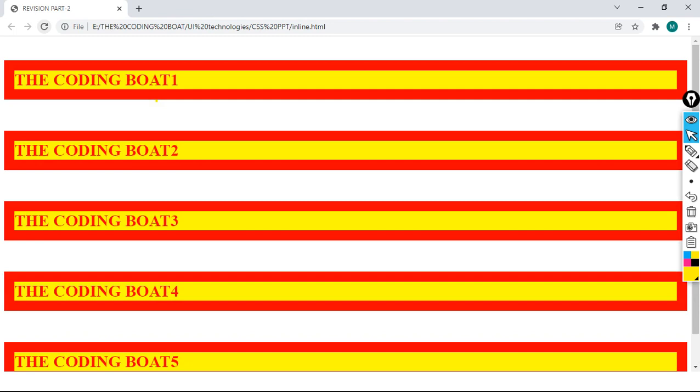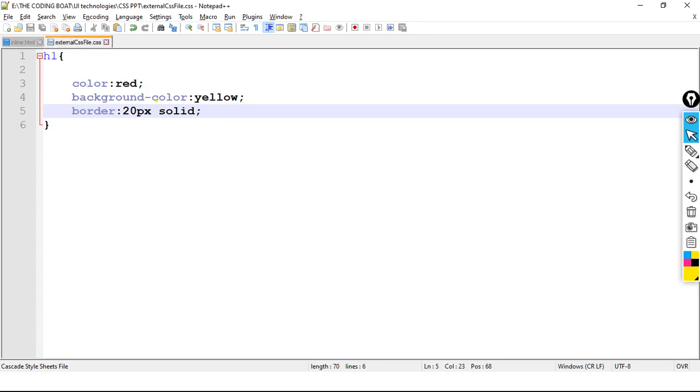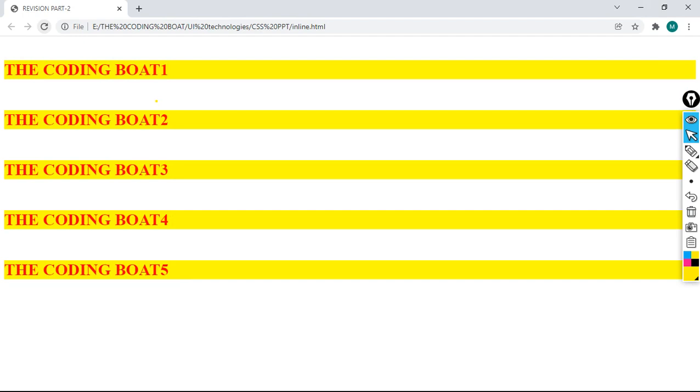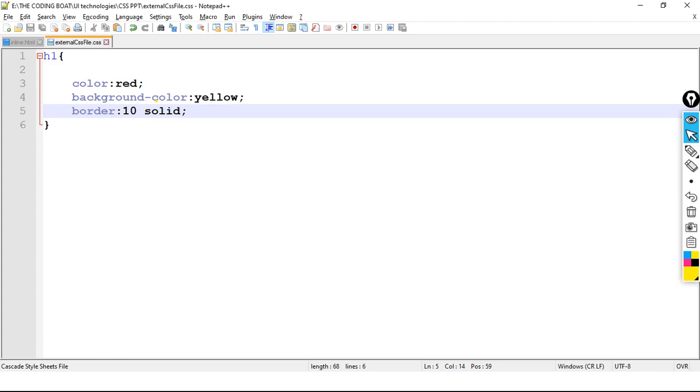See here what happened. After implementing all the CSS properties, our page will look like this. So what we will do, we will minimize it with 10. Now replace 2 pixel.